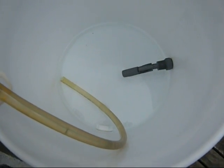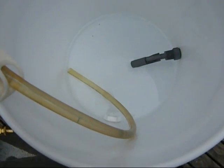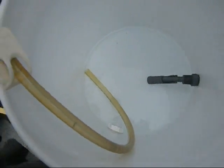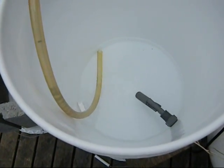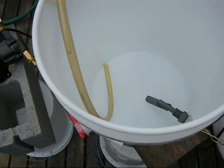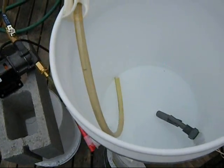So here I opened it up, and then the float switch would turn it off, but if this is the end of the collection, it would just keep pumping out until you want it to stop. And then you can manually turn it off. So obviously there needs to be a little bit of work still done. The tees are a little short, getting a little hot aeration in the system, but overall it's